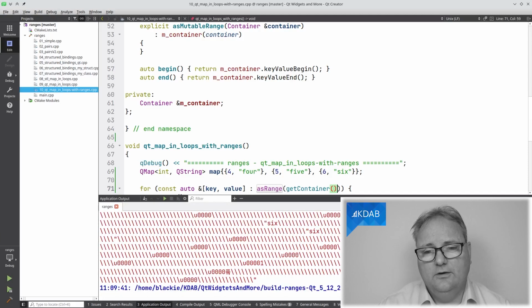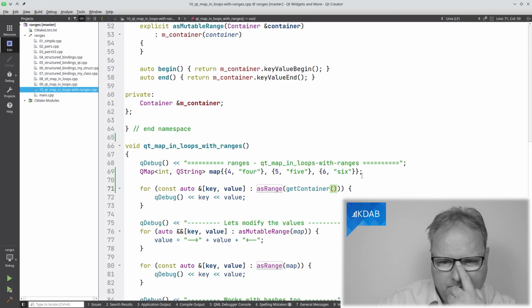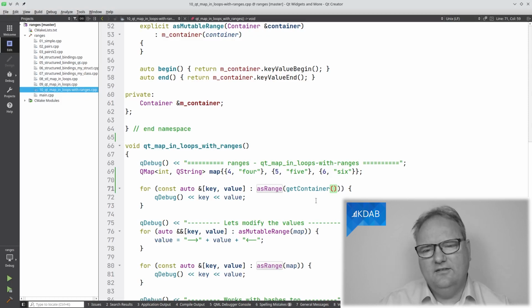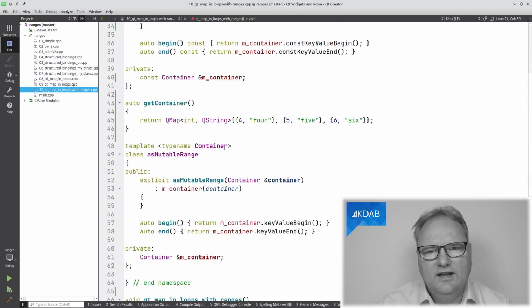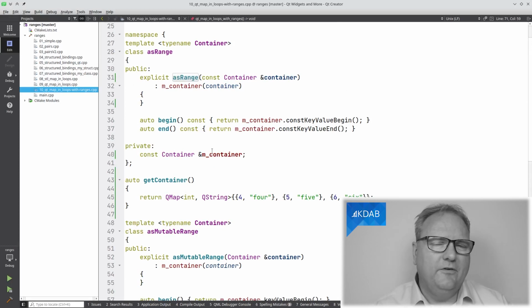But see the output here. Lots of weird stuff. If any of my viewers out there is from a country that understands this, I would like to know what that symbol means. It likely means, Jesper, you are a bloody idiot, because you, of course, should know that there is an issue with lifetime here. Get container returns me a temporary. The temporary will go out of scope as soon as we hit this closing brace here. So it goes out of scope, it gets garbage collected. As range, on the other hand, is remembering a reference to that one. So that's a temporary that I remember a reference to, and the temporary is gone out of scope. That is why I see all of these things.